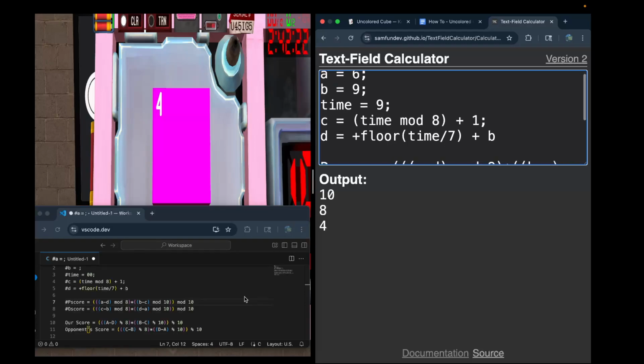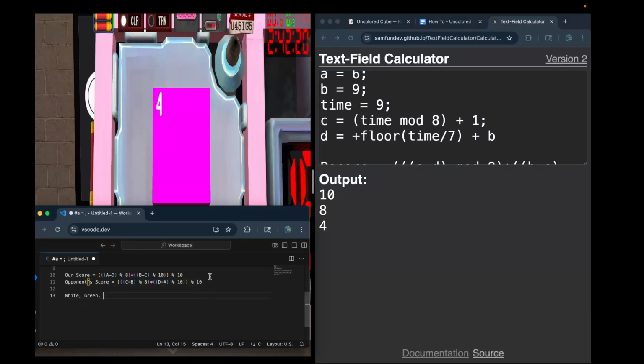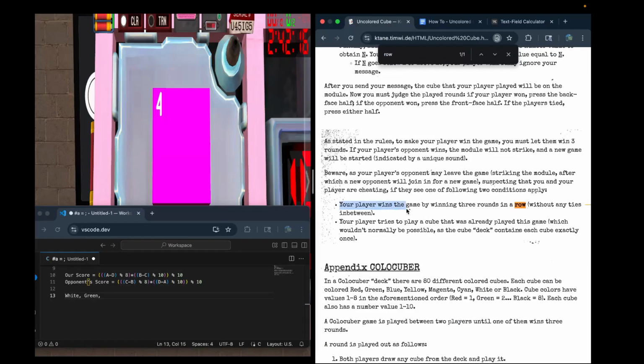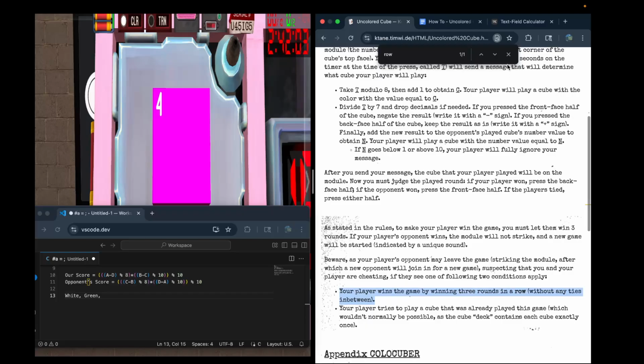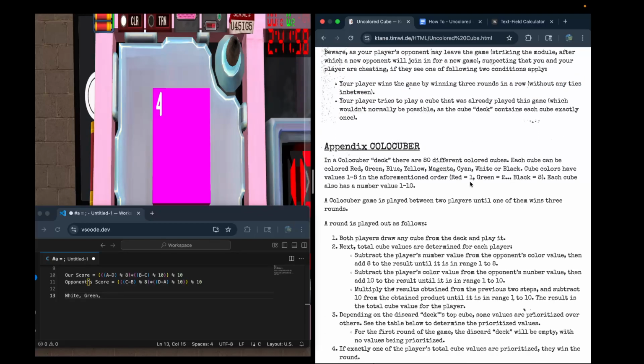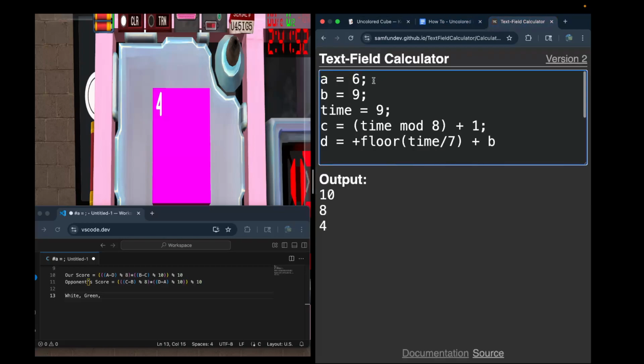So we have a new example. And if you remember the rule from before, we cannot win 3 games in a row. Otherwise, our opponent will think we are cheating, and we will have to reset the ball. So we want our opponent to win this time. So we're basically going to do the same thing as before, but we're just going to make sure our opponent wins. Okay, so magenta, 1, 2, 3, 4, 5, is 5 in the score,